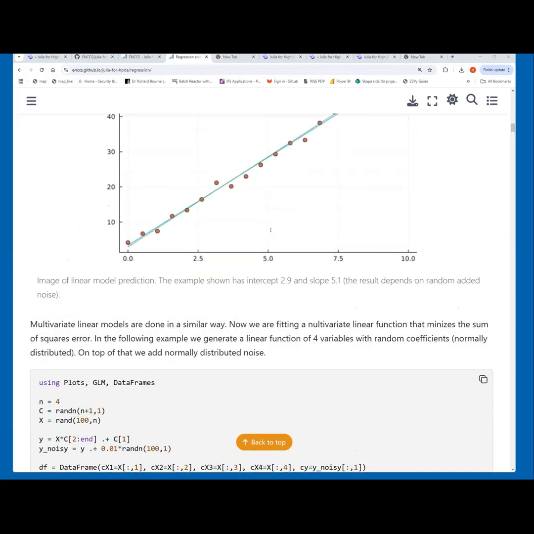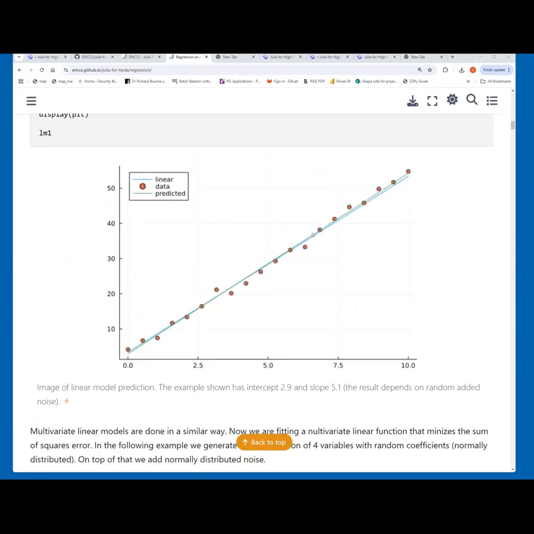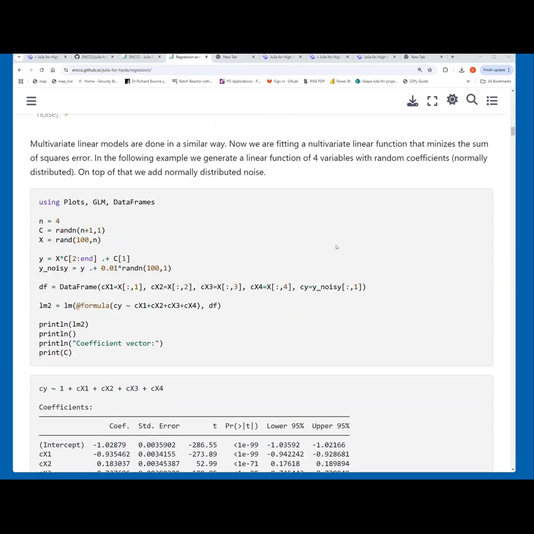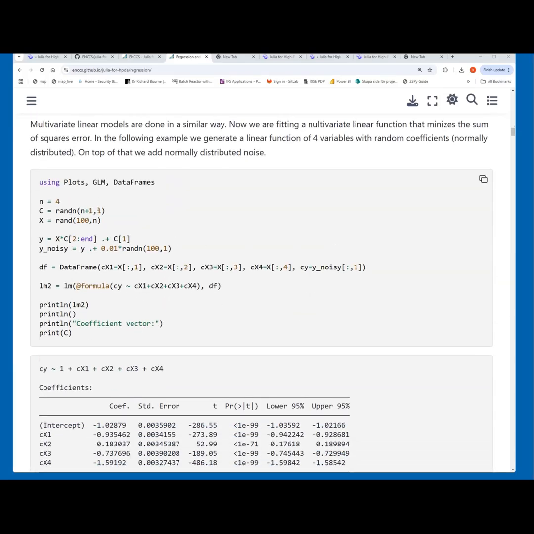So that's linear regression in one variable. So the question now is, how do you do multivariate regression, if you have several variables, so several inputs and one output, basically. And it's very similar. So I have an example here where we're actually going to